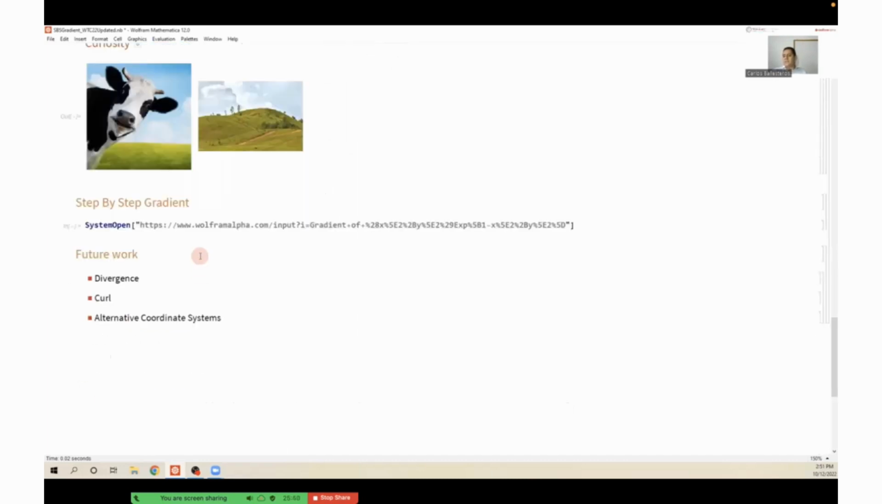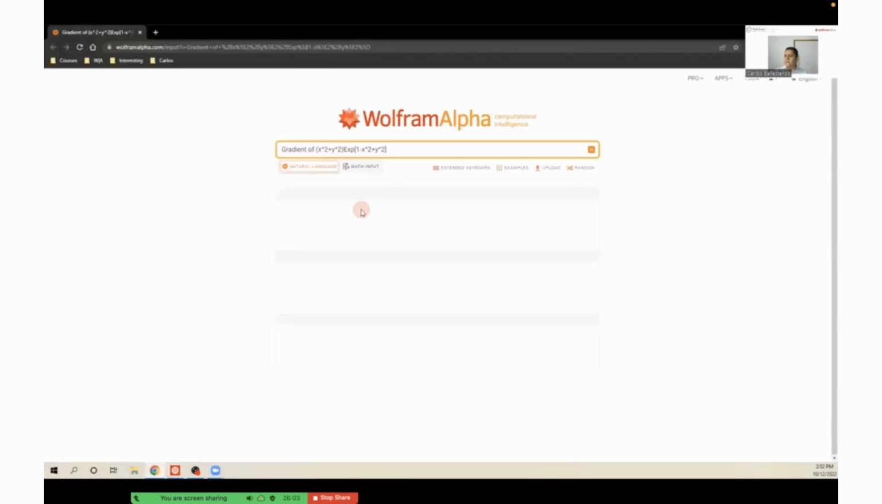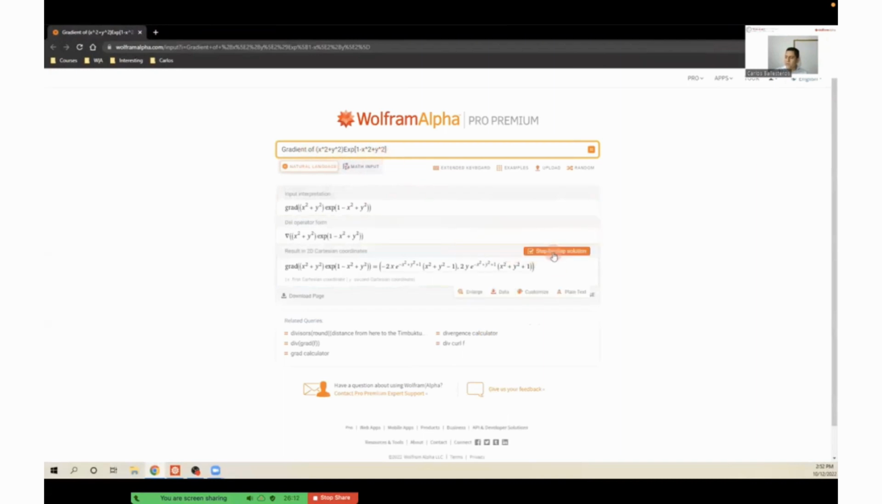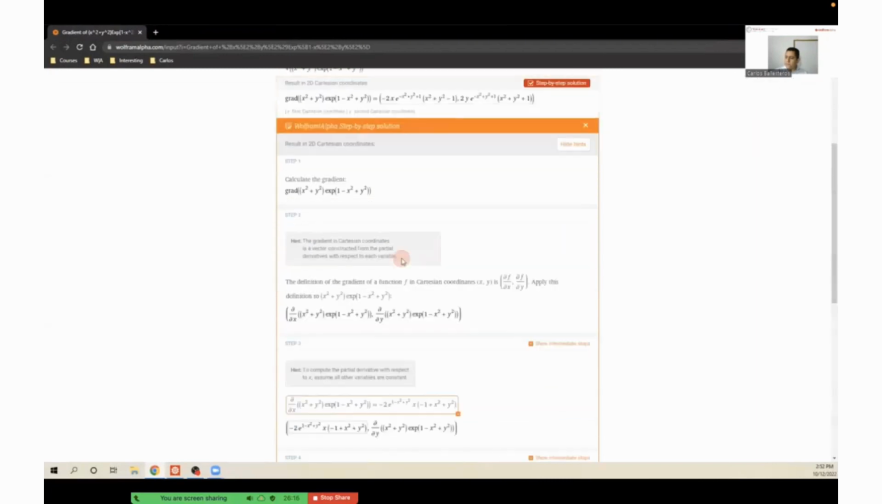Great, now let's see how the step-by-step gradient works. For it, let me go to the website. And then, yeah, great. For this query, this is the function from the example, we can see the step-by-step solution. And essentially,